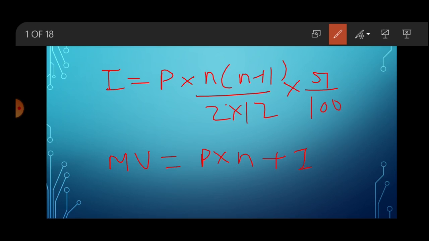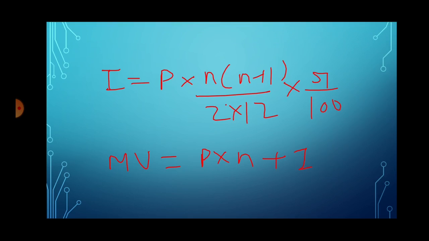Now I will tell what a recurring account actually means. In a recurring account, you continuously submit a certain amount to the bank. Suppose you have to deposit 250 rupees every month. If you submit 250 rupees for 12 months, then every month you have to submit 250 rupees, and after the end of these 12 months you will get some interest.